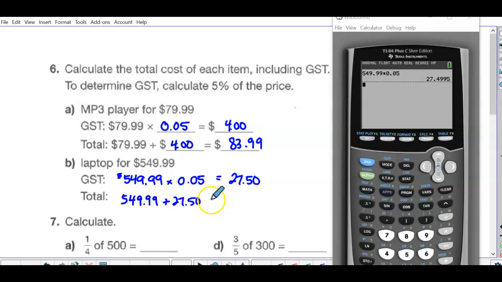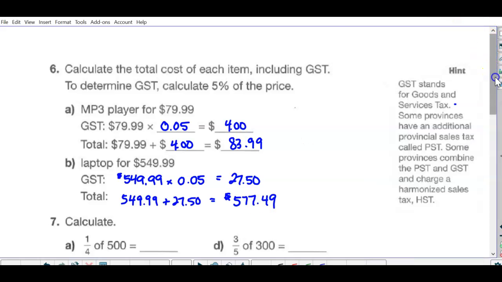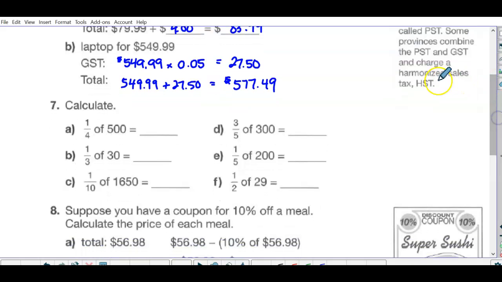if you don't have units in the actual calculation, I'm okay with that, but you do need to have it at the end. So plus $27.50, and that's going to be $577.49. Okay, then calculating a quarter of, or some kind of fraction, and that is